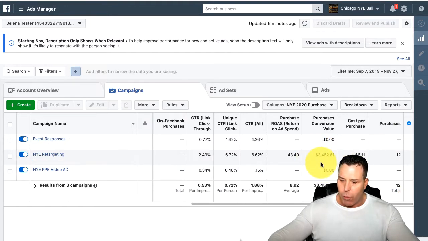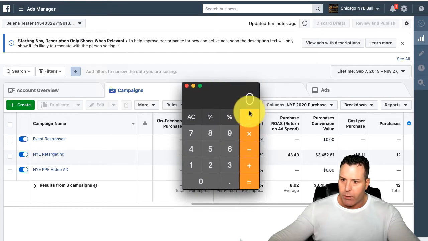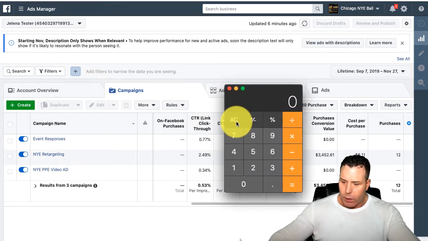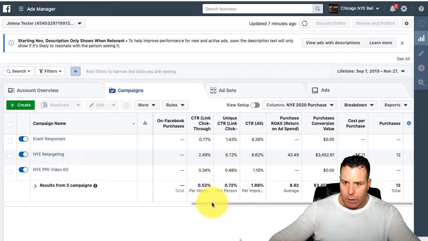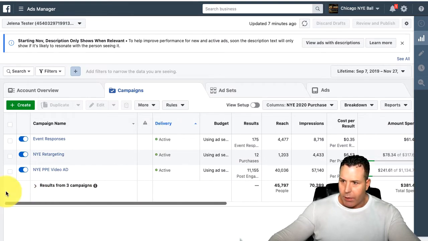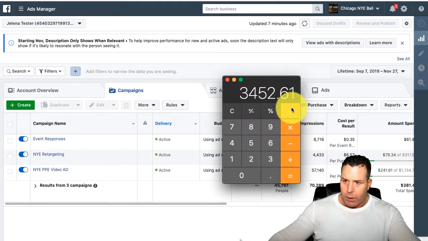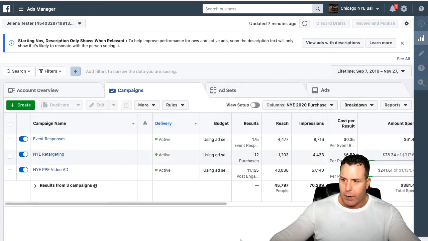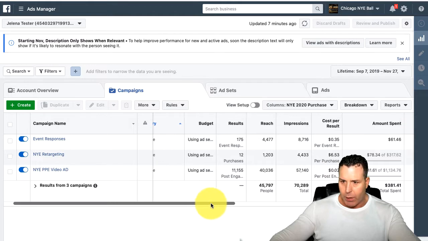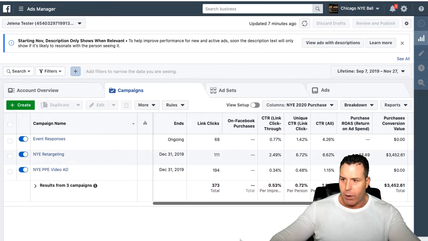So let's go back over here. You go 3452.61, this number right here, and we're going to divide that by, what was it, $78.34. Okay, so divided by $78.34. That should put us at a 44.07 ROAS basically. Now let's see if Facebook, they have a column here that's set up just for that, and